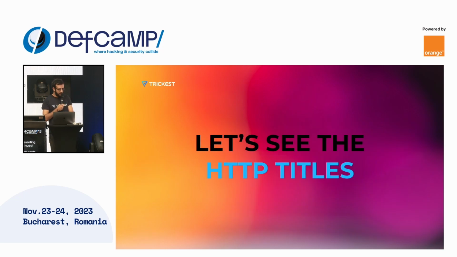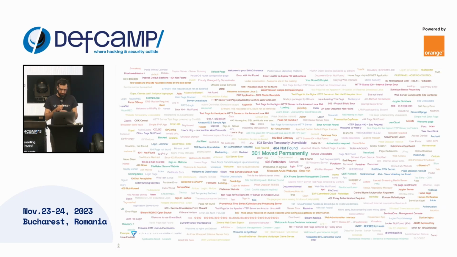So let's see what other HTTP titles are there. This is the list of the most frequent ones. There are a lot of them. When I started doing this presentation, I always took an additional 2 hours to go through it, and then I went into the rabbit hole of digging into this data and what is happening inside. So I needed to focus, so I created this, for me to be able to see what is interesting. And Grafana is interesting.